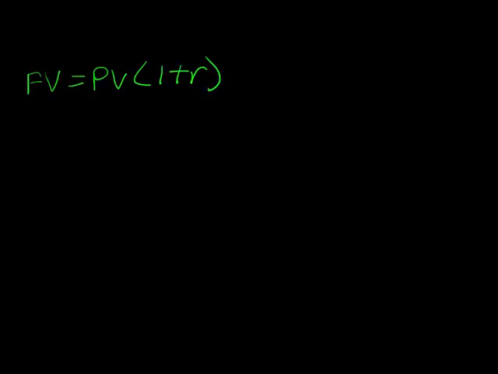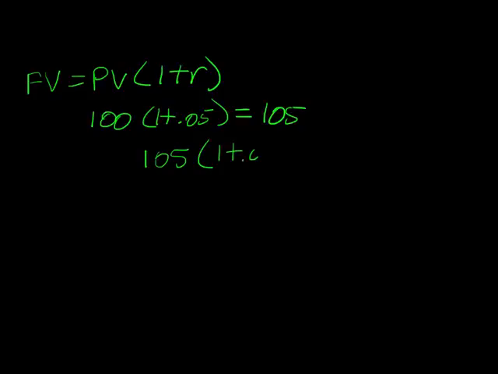Okay, so let's go back to our other example, and let's say what happens. We have a $100 investment at 5%, which is going to be 1 plus 0.05, and we know that that's going to equal $105. And so this $100 represents your initial investment, and this 105 represents what you have at the end of the first year. As we know, we could take that 105 and deposit it for another second year, which would turn that into 1 plus 0.05,